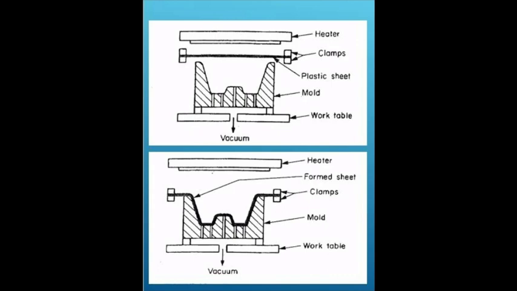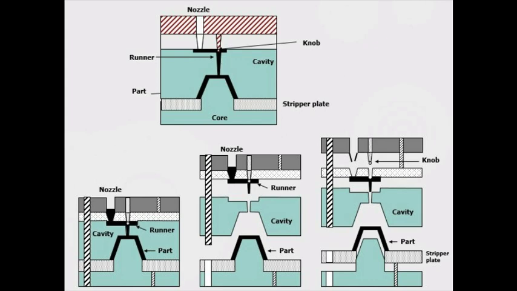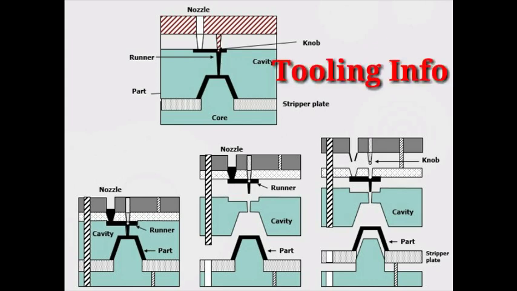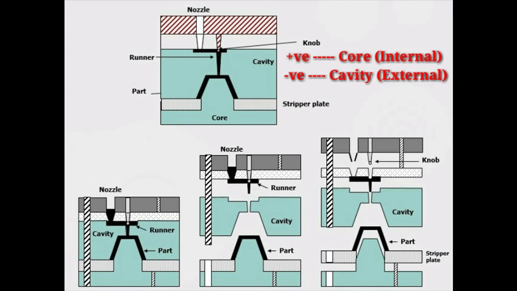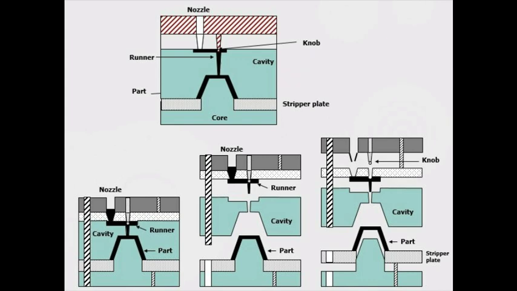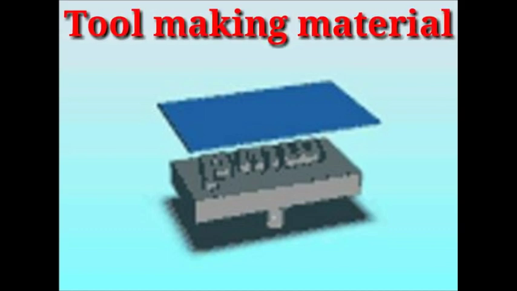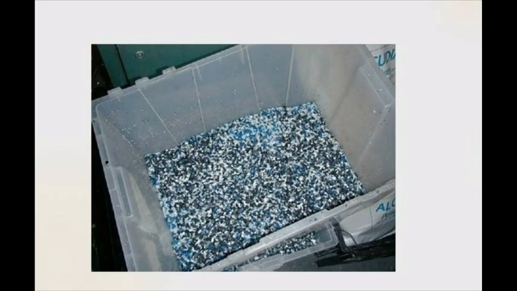Before going ahead, we should understand some of the technical aspects, that is, about the tooling. The tool, or you can say the mold, can be negative or positive, which we have already seen. The negative gives good external details. For the external shape we are providing the negative, and the positive gives the internal details of the shape. The next point is about the types of tool making. It can be made of wood, metal, epoxy, plaster, etc.